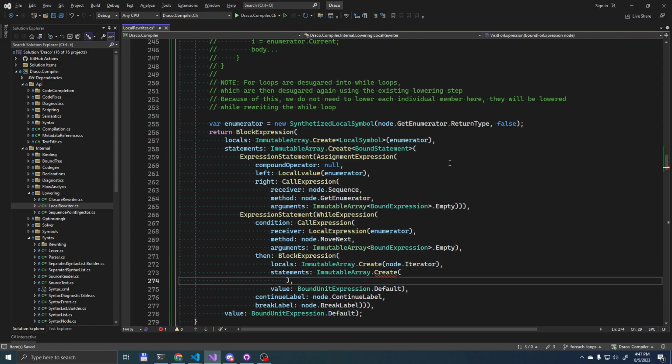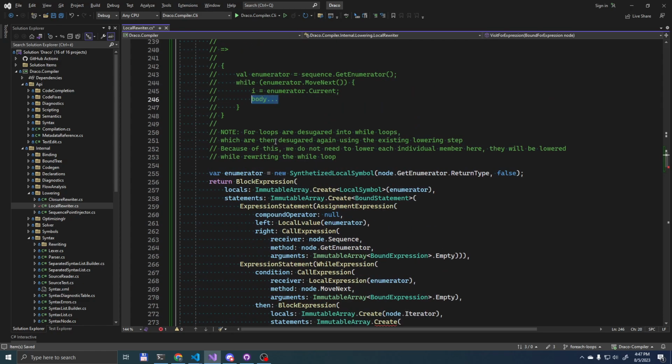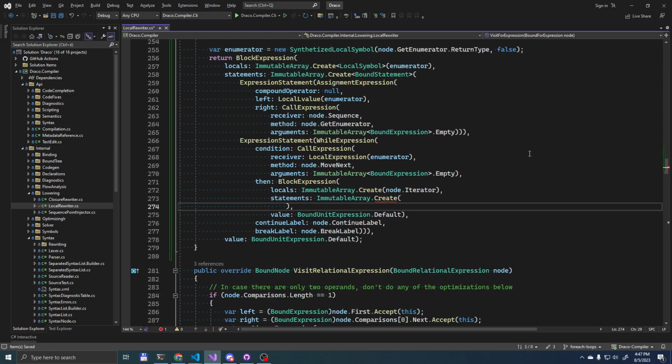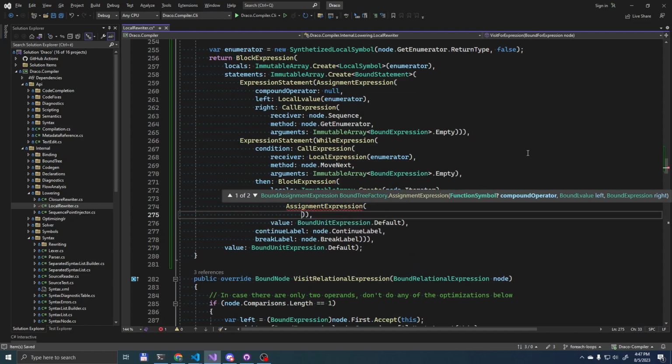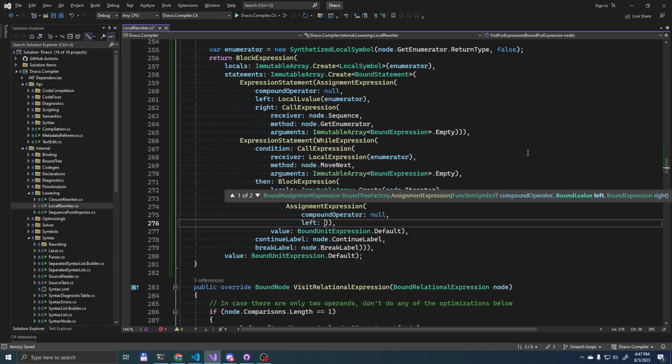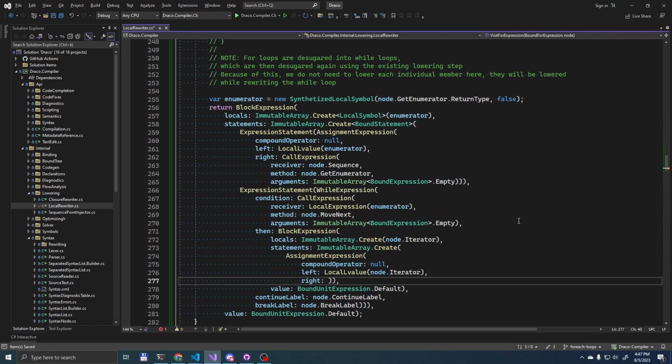And here we need two statements in total. First off, we need to assign the enumerator.current field into the iterator variable, and then we will have to include here whatever the body was. So let's do that. It's going to be another assignment expression. The compound operator will be a null again. The left side will be a local L value, and the right hand side will be a property get